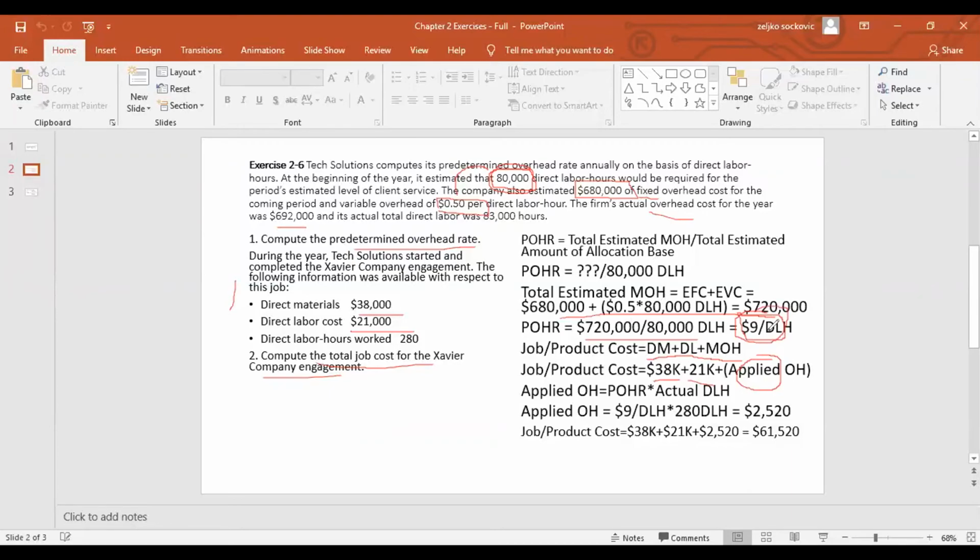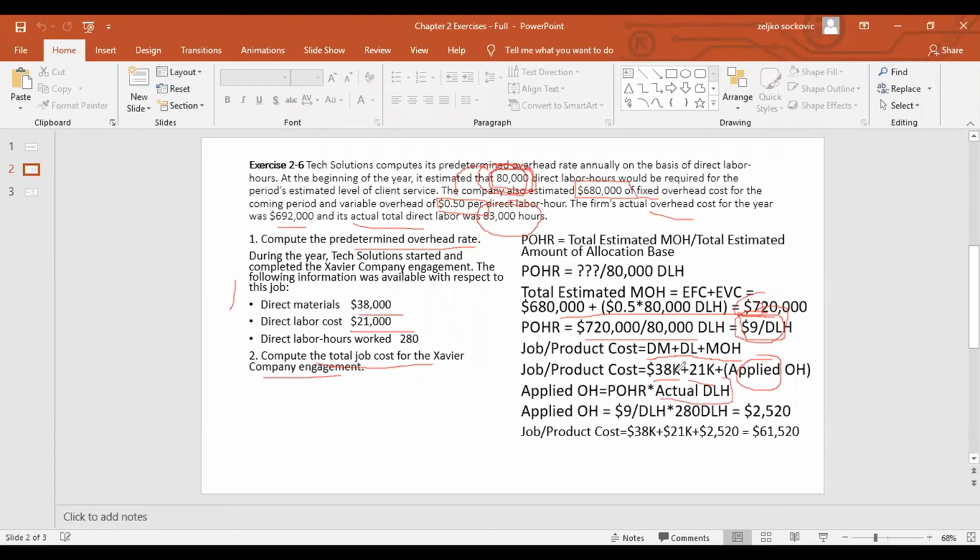Applied overhead is POHR multiplied by actual direct labor hours, not these 80 because we would get to the same 720. It says here 83,000 actual hours. If you know what you're doing and you're always picking the right numbers, no big deal, very easy. So you say $9 times